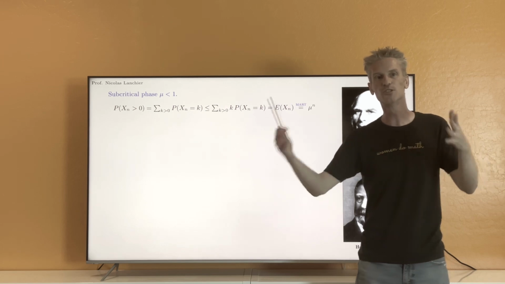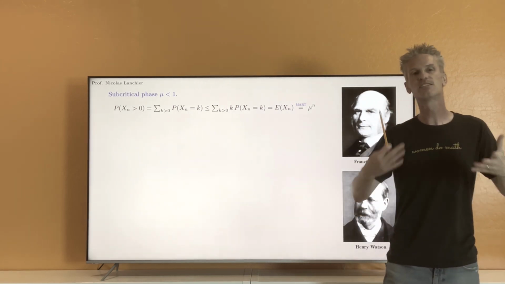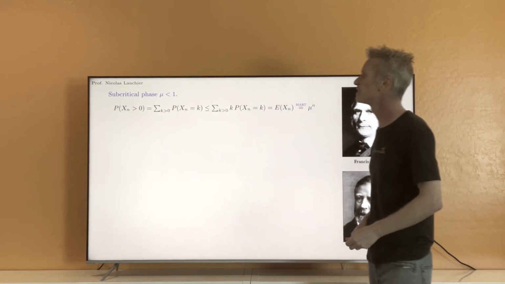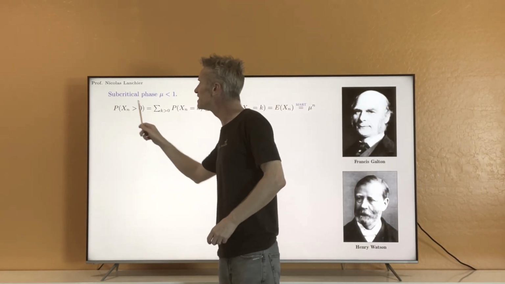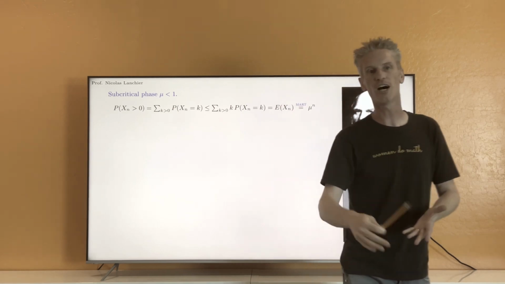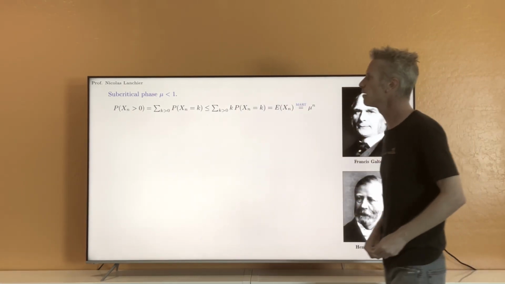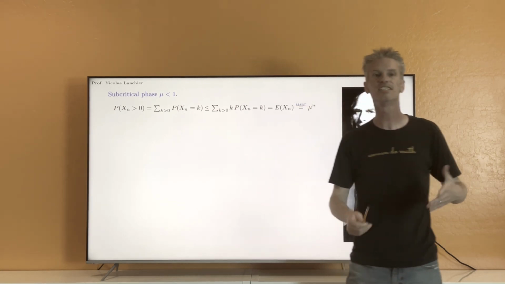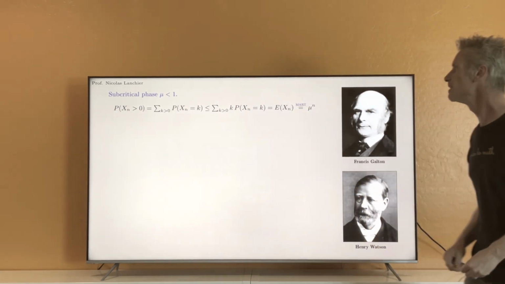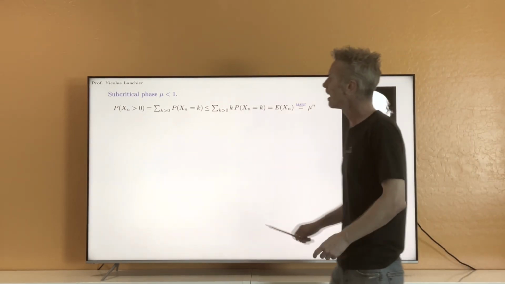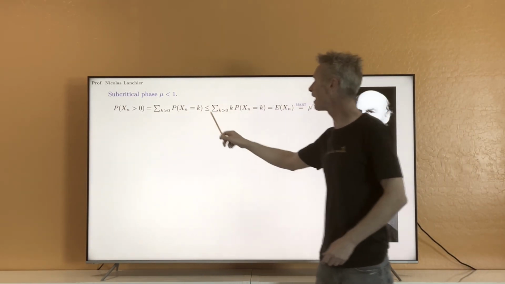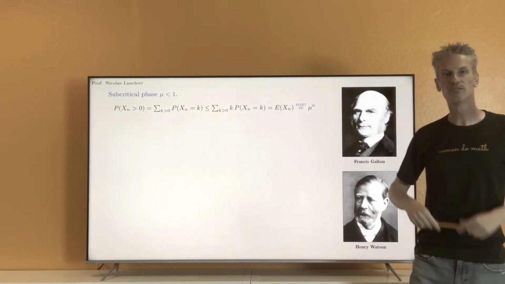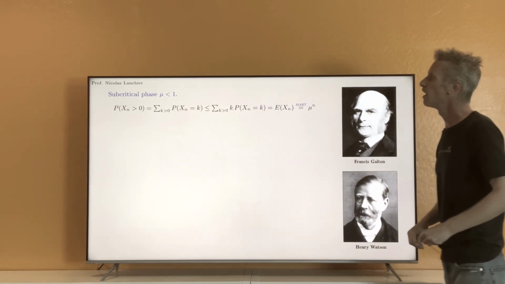Those events are mutually exclusive. And so by sigma additivity of the probability measure, I can just say that this event, which is like an infinite union, is just the infinite sum for k larger than 0 of the probability that Xn equals k. Alright, so then, next step, I just say that this is bounded by the same sum, but where I inject a k here. Again, this is obvious.